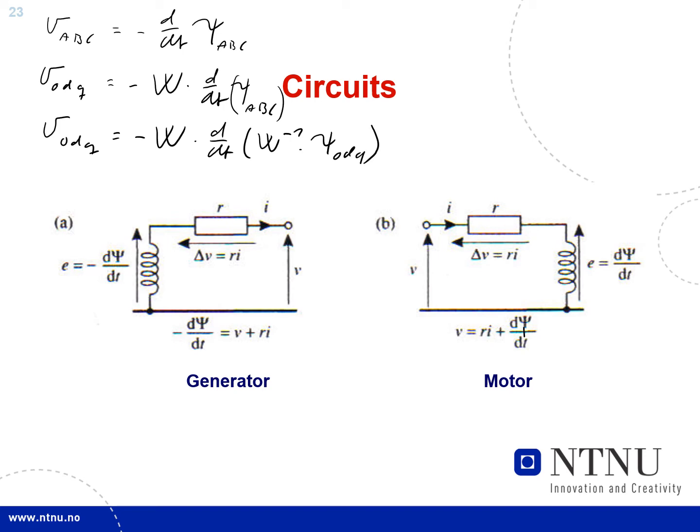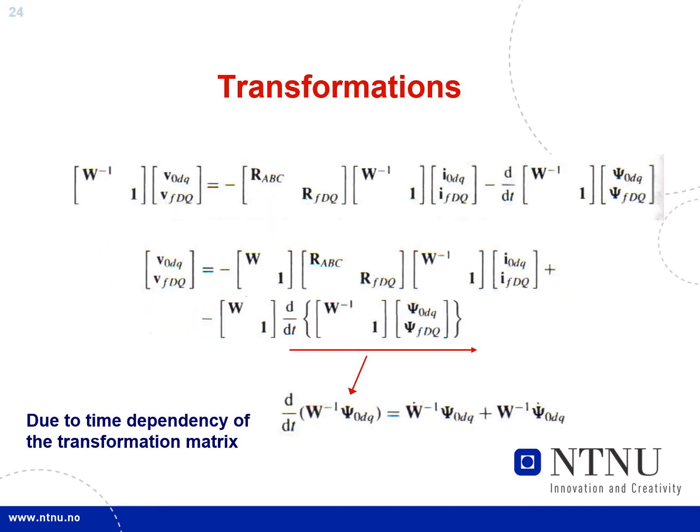And here we have the point that we have a derivation of a product of the inverse transformation matrix and the fluxes. The derivation of the product is shown here, so that our voltages Vdq equals then W times,